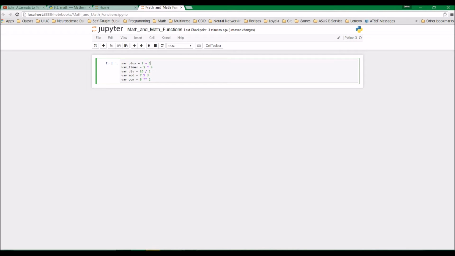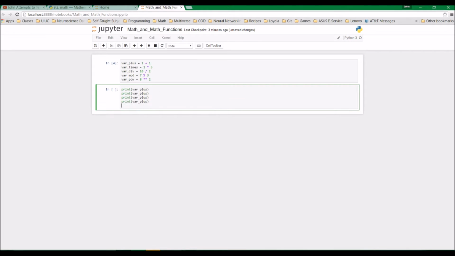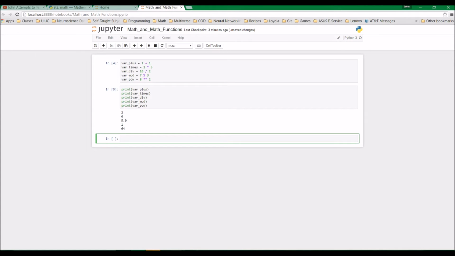So plus sign is plus, asterisk is multiply, backslash is divide, percent is modulus, I'll show you what that means, and 2 asterisks is to the power of. So if we print these, actually put that in a new cell, we have 5 of them, so pow, mod, div, times and plus. So we print these, you can see 1 plus 1 is 2, 2 times 3 is